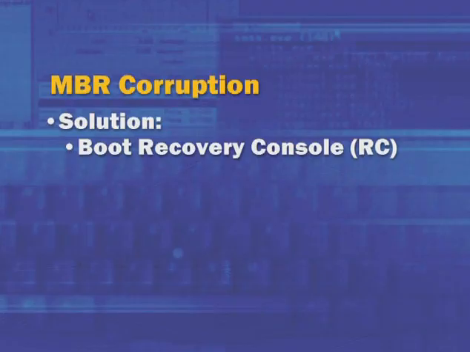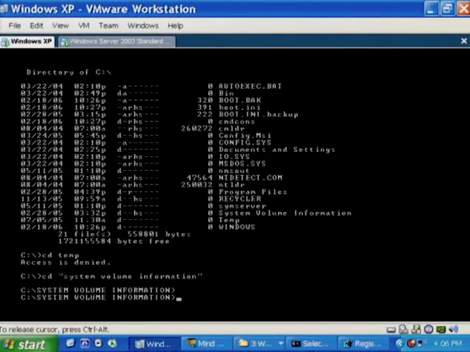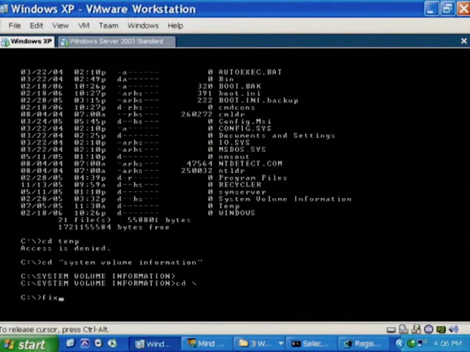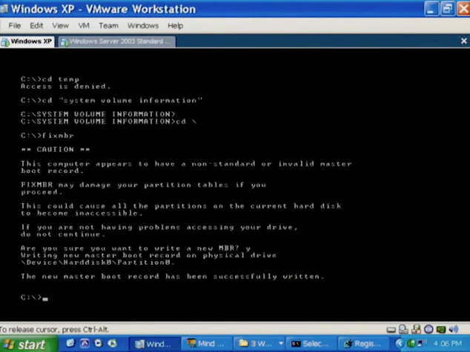So if you're suspecting that the master boot record may be corrupt, you can boot the recovery console and use the fix MBR command. I'm going to bring up the virtual machine running the recovery console here. We've already booted into it, and I'm going to type fix MBR, and it's giving me a caution. Do I want to rewrite the MBR? This is coming because likely this is a virtual machine. Let's go ahead and write the master boot record. It's now been written, and when I exit the recovery console, it would reboot, and hopefully that would fix the boot problem.